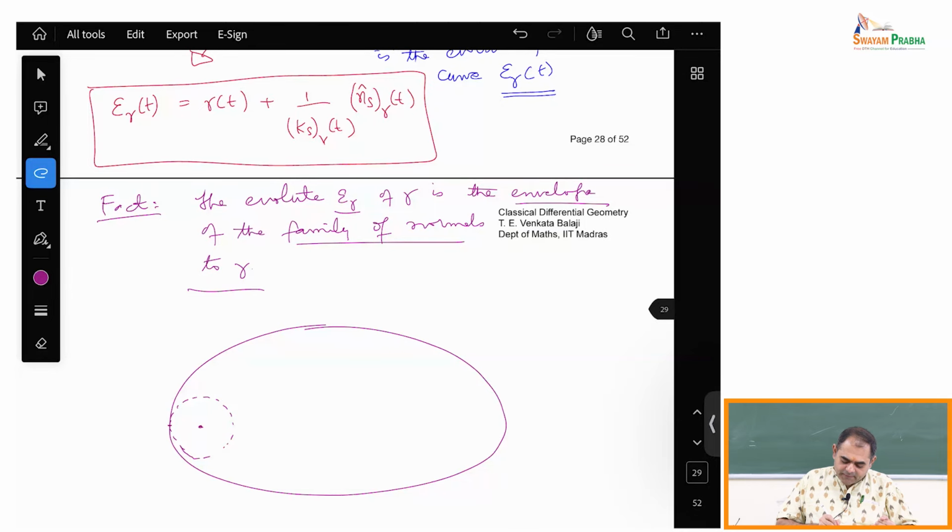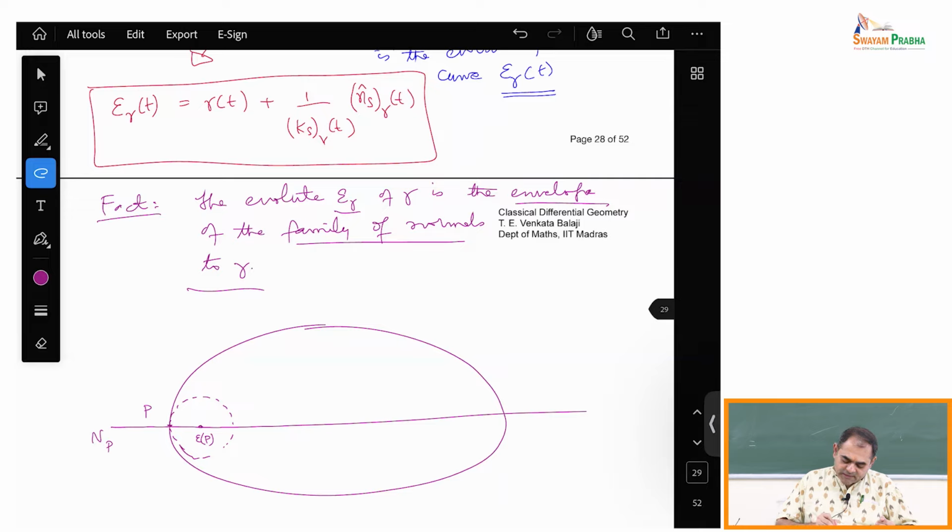And so suppose I call this point P, then this is epsilon at P, okay, and the normal will of course go like this. This will be the normal at P, all right. Now you see,